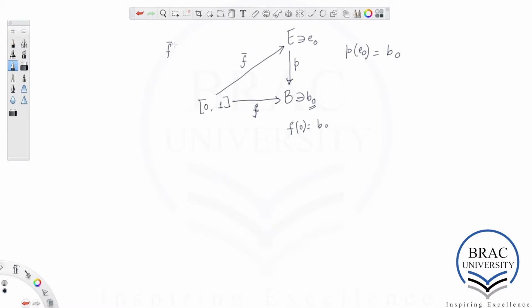In other words, f bar of 0 is E0. This is what our lemma 1 stated, and we proved this lemma towards the end of the previous